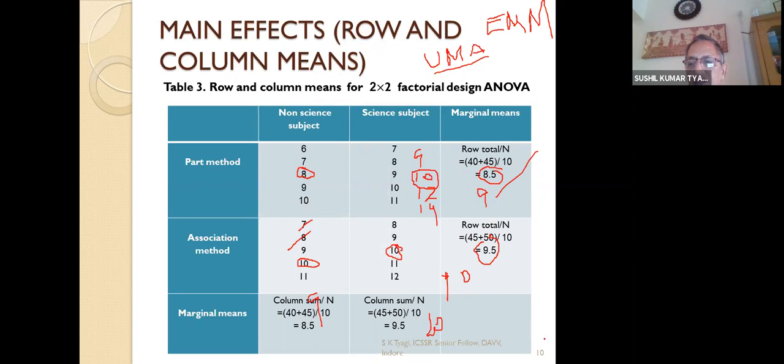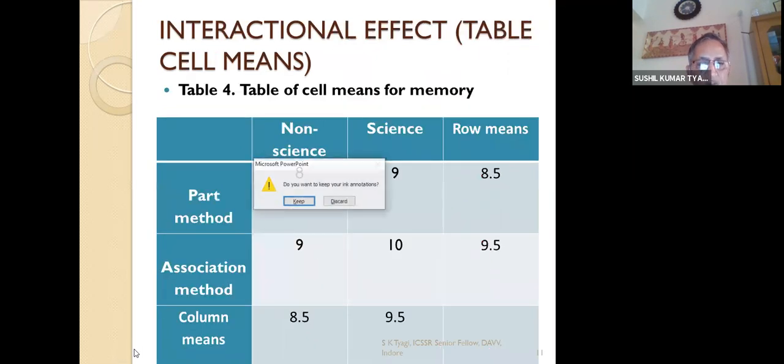This is one of the differences. The second difference is that in unbalanced ANOVA, the sum of factor 1 SS plus factor 2 SS plus interaction plus error does not equal the total. These are the two differences. Remaining things are the same. Now I will show you how to find EMM in SPSS. Let me show you.